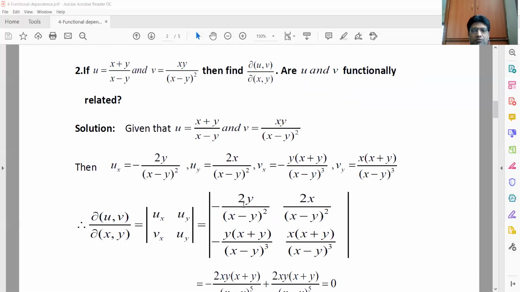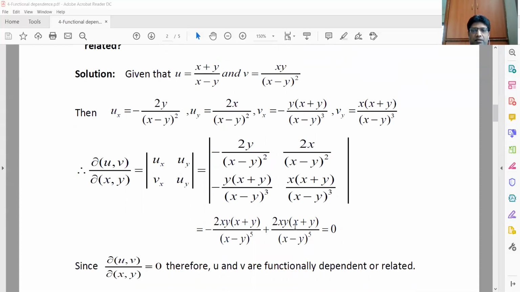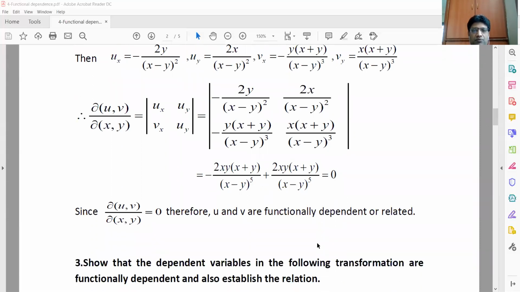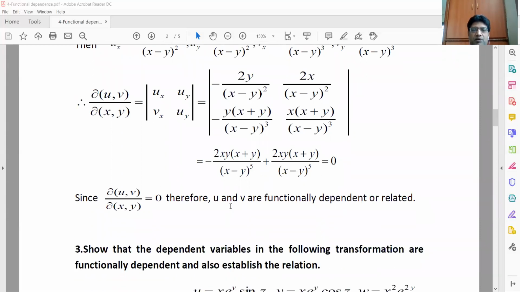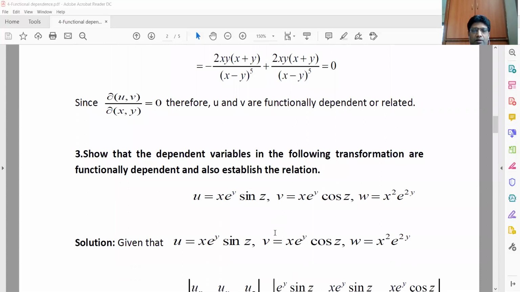We substituted the 4 derivatives here. And if you simplify this, (x minus y) whole square into (x minus y) whole cube became (x minus y) whole power 5, and then 2y into (x plus xy). If you observe, this is 2xy into (x plus y), the same thing we got, so the difference is 0. Therefore the Jacobian is 0, which means they are functionally related. Next, to show that